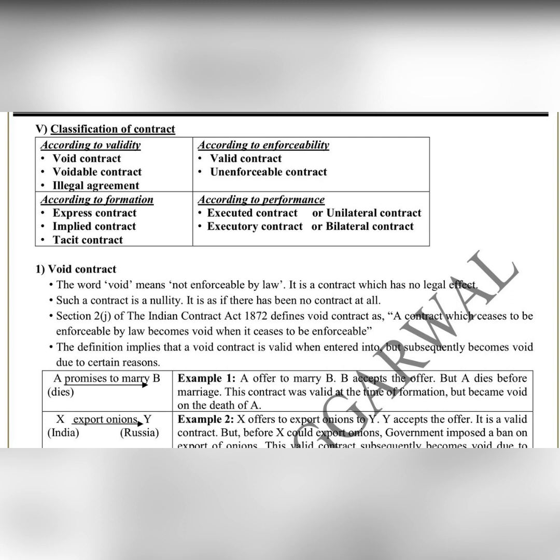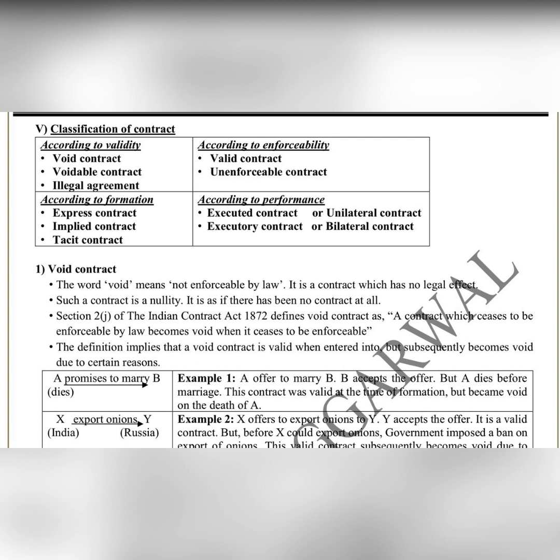What about maybe Y had given some advance? What about that advance? What about the benefit which was received by X? He could not perform the contract. Can he also keep the benefit with him? No, the benefit will have to be restored, and this is mentioned under section 65, which says that when a contract becomes void, the party who has received the benefit or advantage must restore it. He must return it. So in case X had received some advance from Y, he will have to restore that advance because he could not export the onions, and it was not his fault. So Y cannot take any action on the grounds of breach of contract.